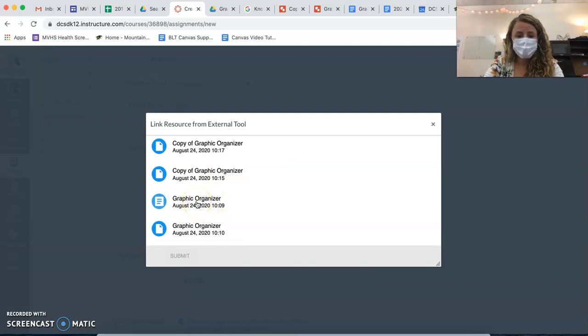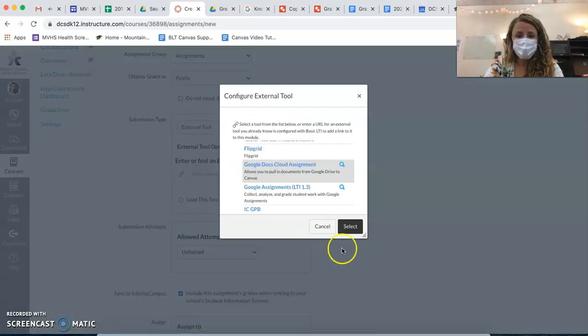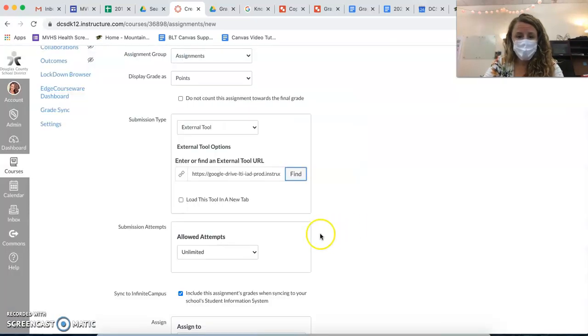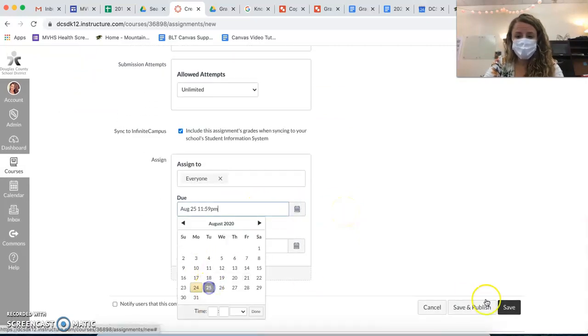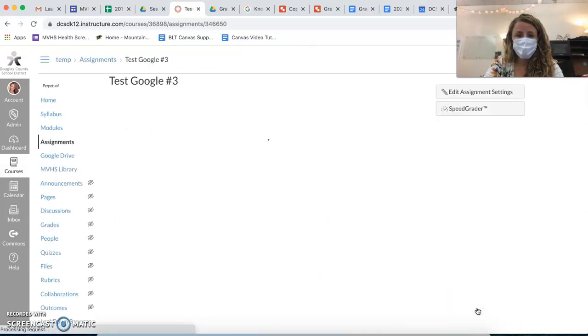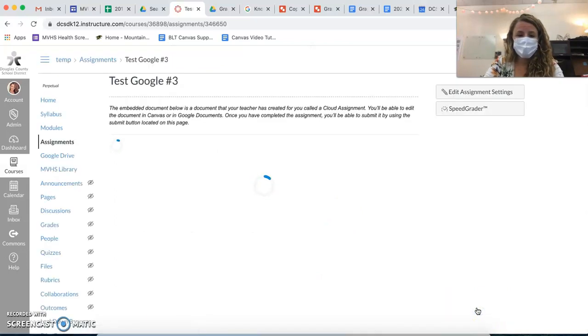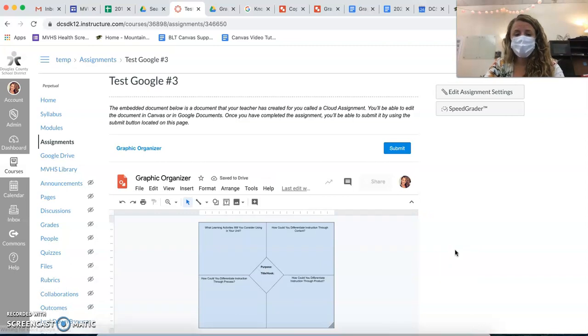Okay. And I'm going to click Submit, Select. Okay. Again, I'll choose a due date, and I'll hit Save and Publish. Okay. So that's two different methods for how you can have kids make a copy, be able to edit it, and